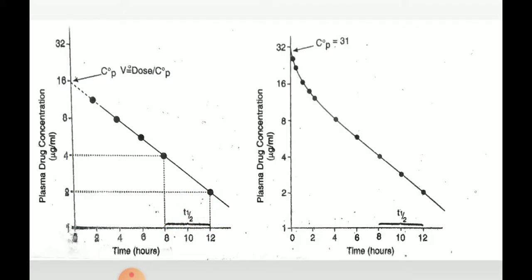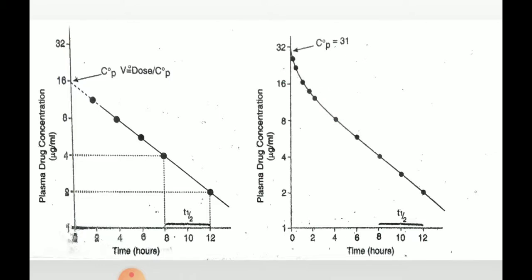Now, this curve is also showing the same route of drug administration, that is intravenous, but the initial value was taken from the very beginning, and hence the initial part was showing a little bit of sloping, and that phase is called alpha phase. So that is the difference between this curve and the previous curve. Otherwise, both of them are showing you the similar kind of thing.